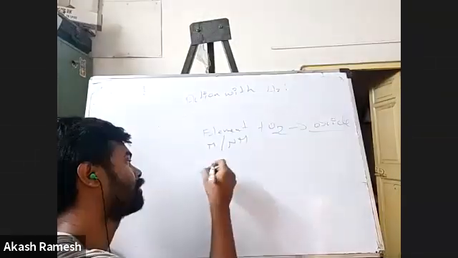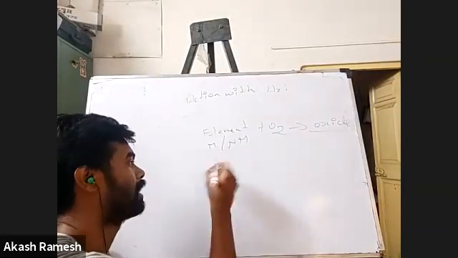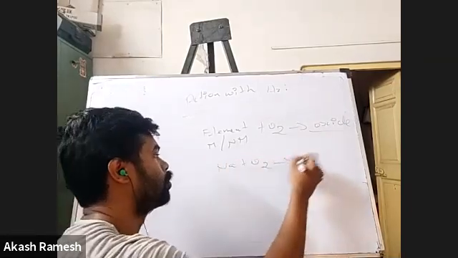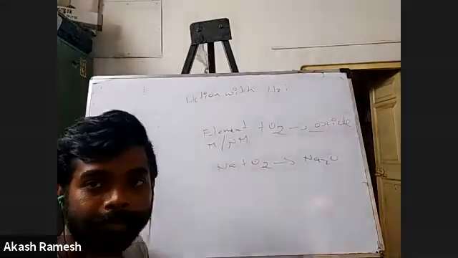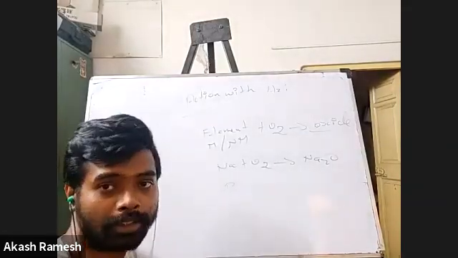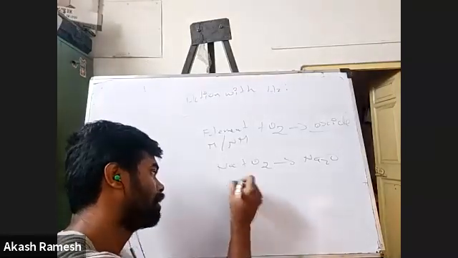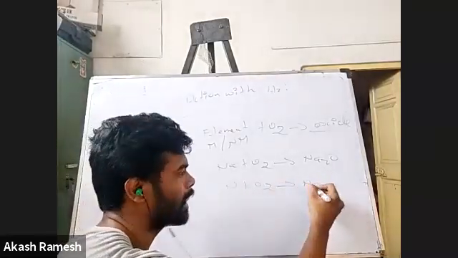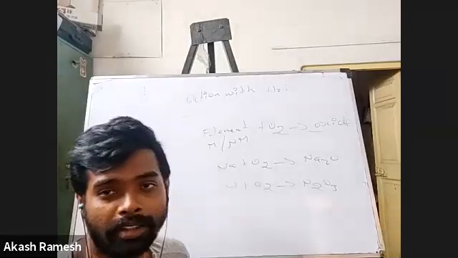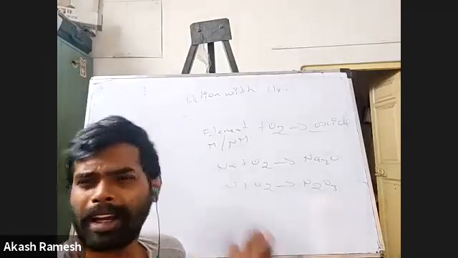Say, for example, I have magnesium, or I'll take some other element, calcium. Say sodium, reacting with O2 to form Na2O. This is a metal. If I take a non-metal, say nitrogen plus O2, so many types of oxides of nitrogen are possible. You have NO2, N2O, N2O3, N2O5. All these are possible. You don't have to worry about it. Write any of the oxides, it doesn't matter. Whatever type of oxide you remember, you write.